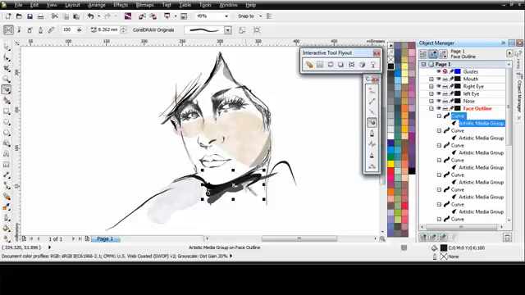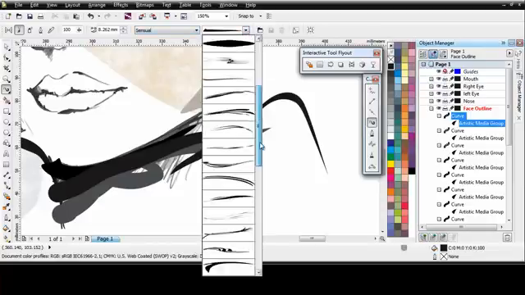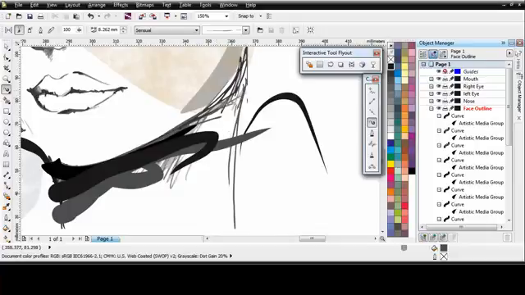Well, finally, we just need to add some hair. So I'm going to just zoom in down here. We'll go back to our brush, sensual, and we'll pick some hair strokes. That's a nice hair stroke. So we'll go down through there. Make sure you get your thickness right. Once you've got your thickness right,